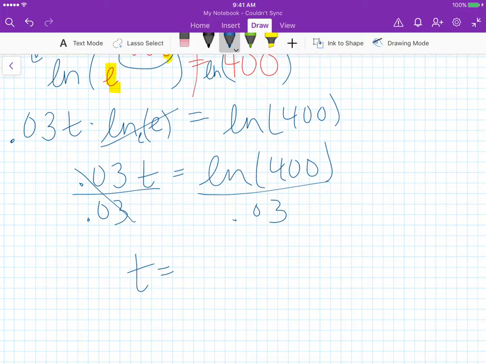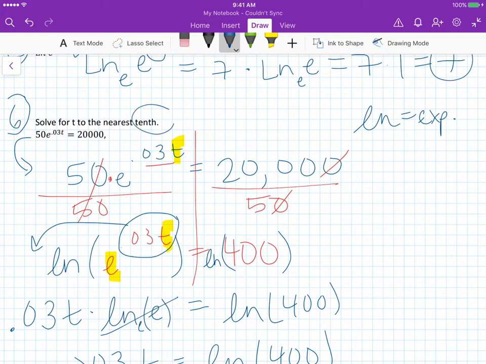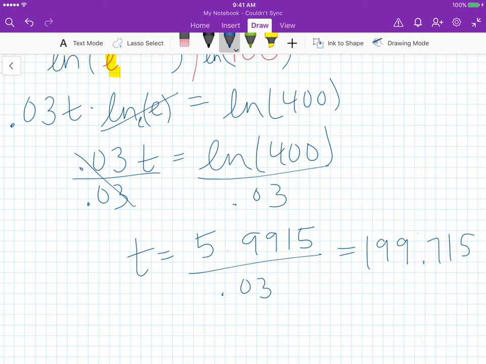You go to your calculator, you take the natural log of 400, which gets you approximately 5.9915, we'll say, and then divide that by 0.03, and you should get about 199.715, but I believe it told us to round to the nearest tenth. So that means only 1 decimal point. So just 199.7